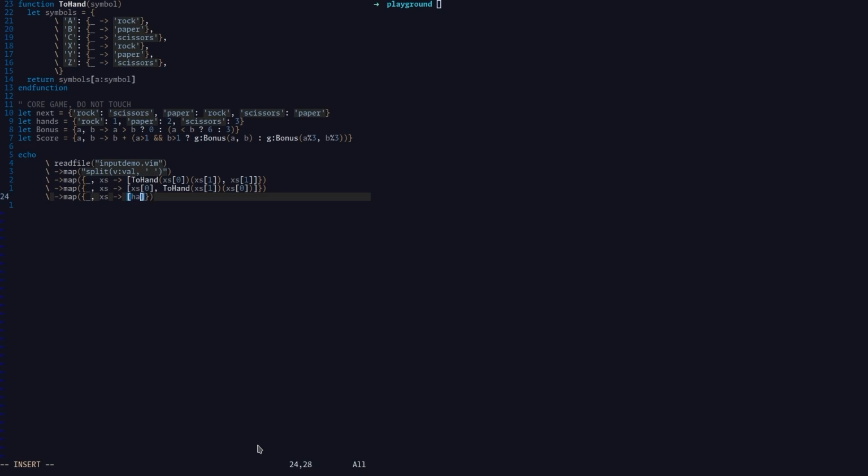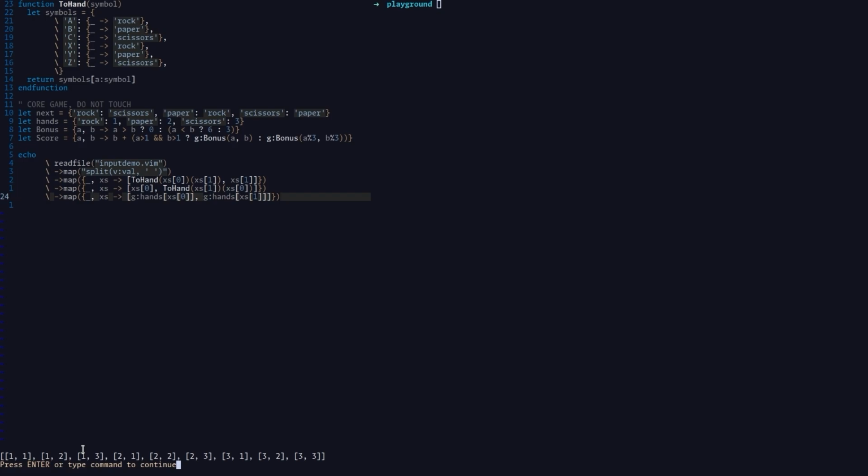So I'm going to use my dictionary hands, and I cannot just say hands. I need to say that it does exist in the global context. So hands x's 0. So when I run this, you can see now, for the first one, it was rock, rock, and the value for rock is 1, and the other one is 1, 1. So as you can see, every hand move now was translated to the appropriate value of it.